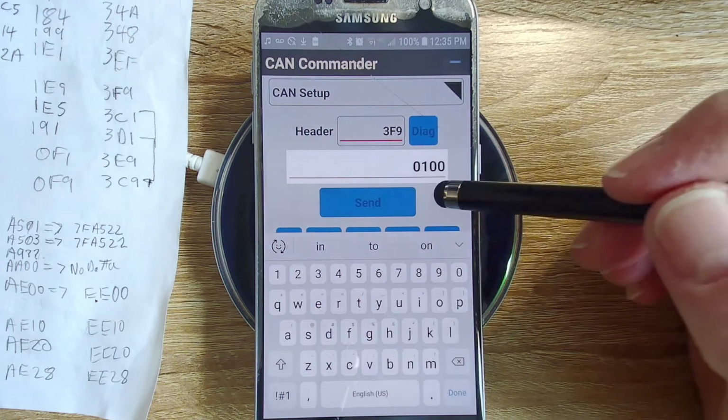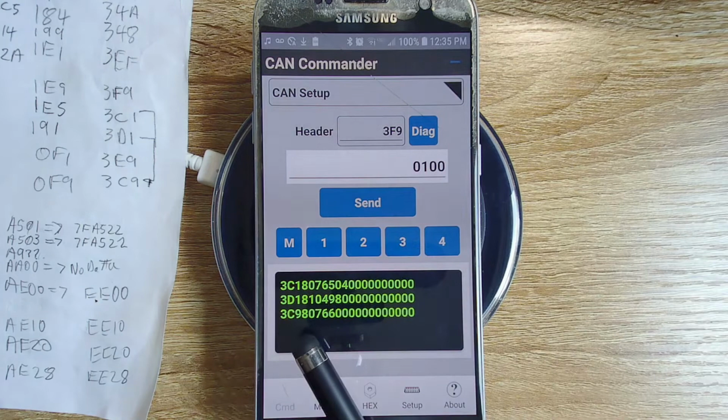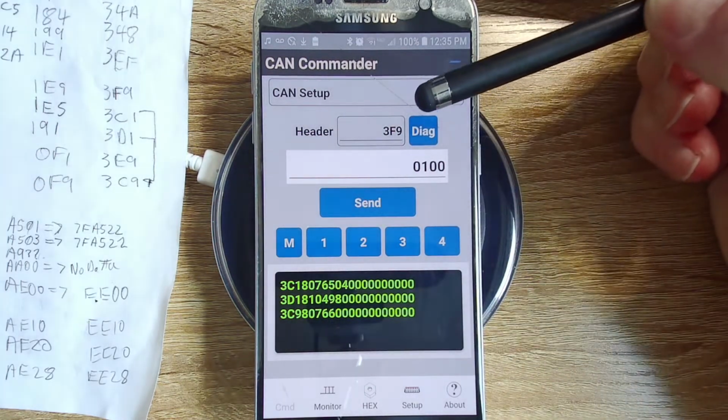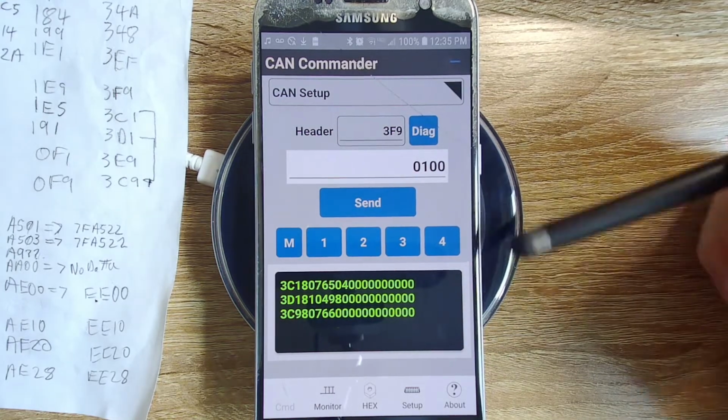And then I send 0100, which I don't even know if it means anything to that. But see what I'm getting from 3D1 and 3C9. And 3C1, I'm getting from 3 different addresses here, and all I did is specify one address, and the 3 addresses that responded are not even the addresses that I saw. But if I come up and say